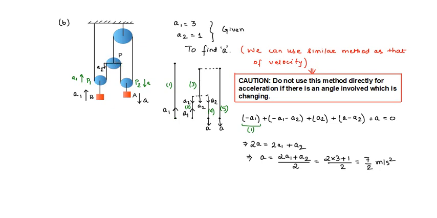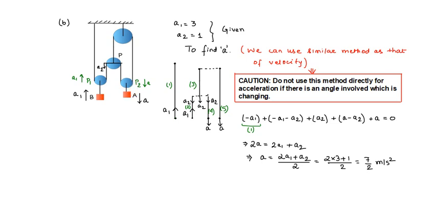And the last segment, segment 5: the topmost point will have no acceleration, because this larger pulley over here is at rest, so it does not have any acceleration. The points in contact with this pulley will also have zero acceleration, and the bottommost point will have an acceleration a in the downward direction since it is in contact with pulley P2.